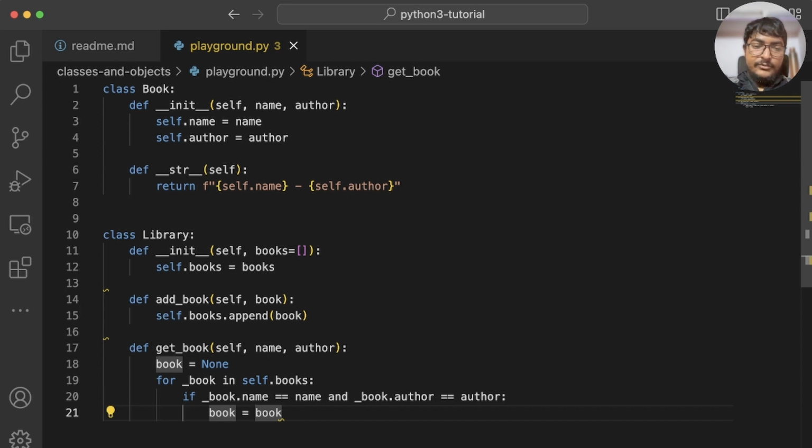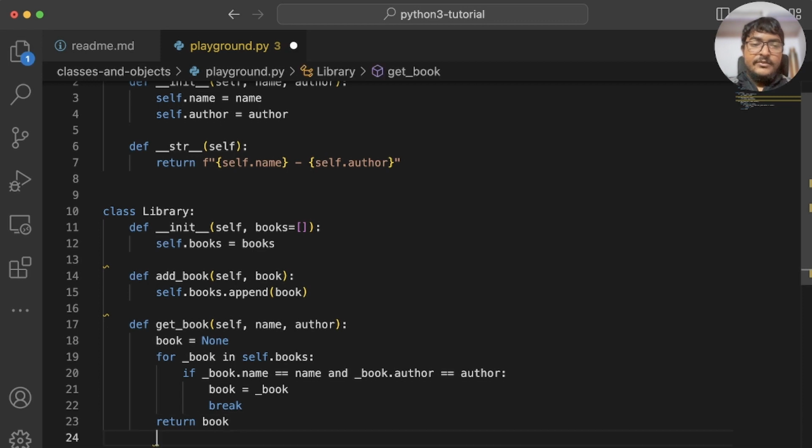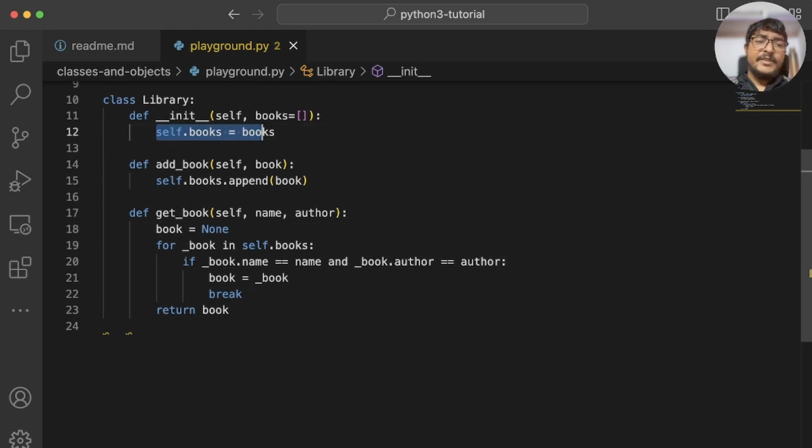Book equals underscore book. And once we found the book, we need to stop the iteration. Okay, let's break it. Return book. So now we know how to get the book from the available books, and we need to